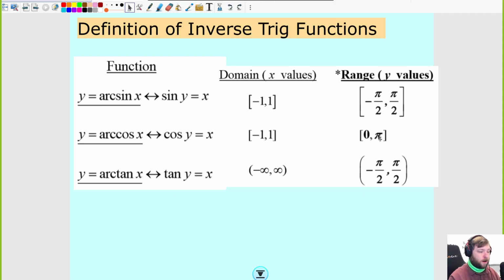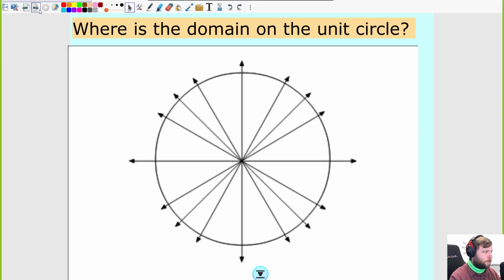And then the range of arc cosine is 0 to pi. Now, this table is confusing to me, so I like doing it in graphical form. I don't explain it this way. So here's the domain when you're dealing with the unit circle. When you are dealing with sines and cosines,